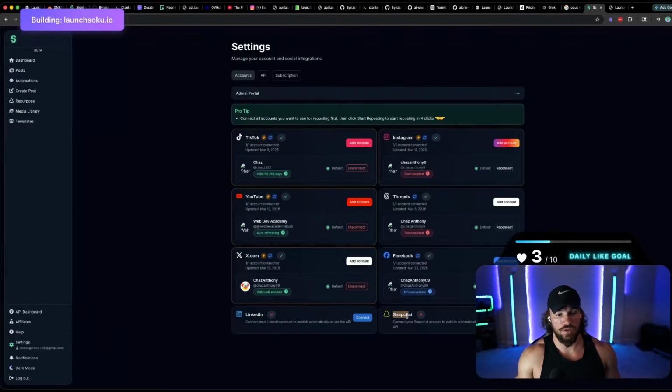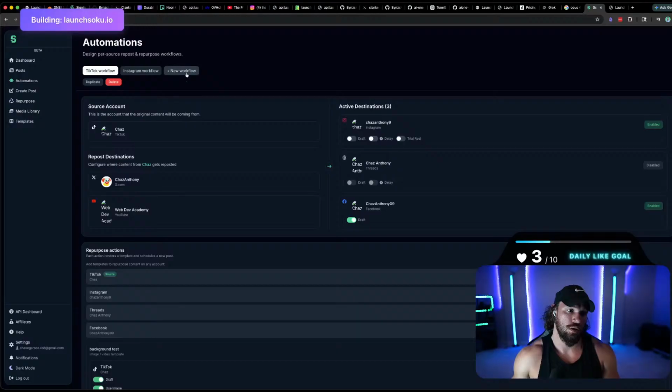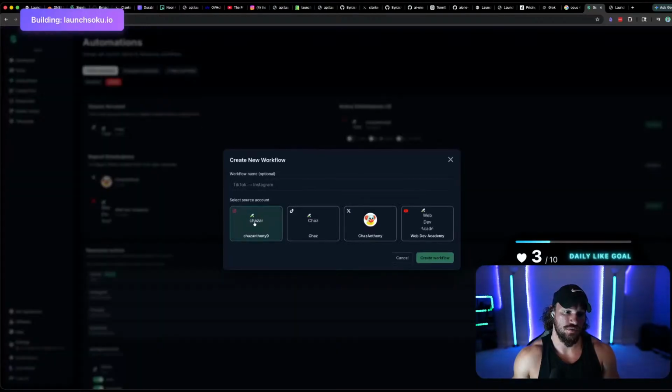Snapchat's kind of in the works. I think it'd be cool for stories, to post stories. Snapchat's actually pretty big in like Gen Z, Gen X, whatever. And so I thought about integrating it to where a source platform for the automations. Like if I did a new workflow in here and it's from Instagram, but it could be Instagram stories only, and then post a